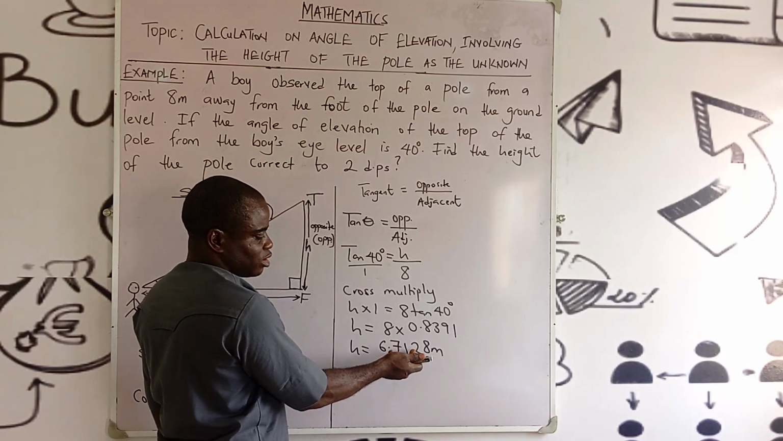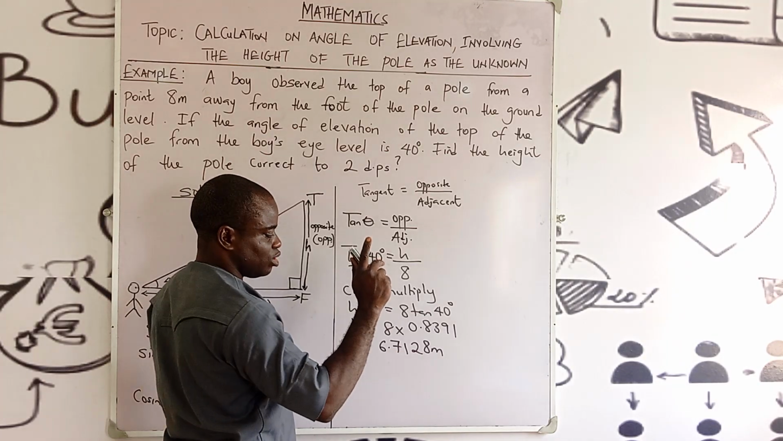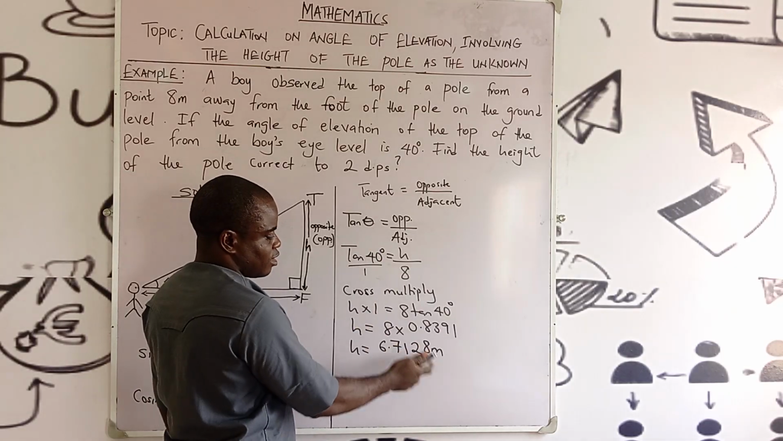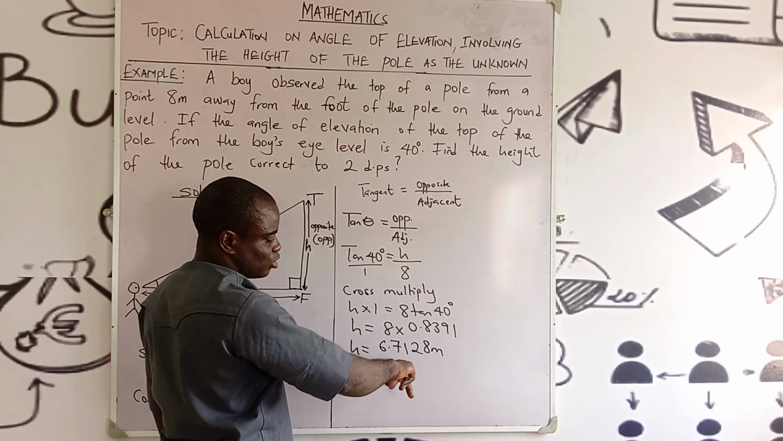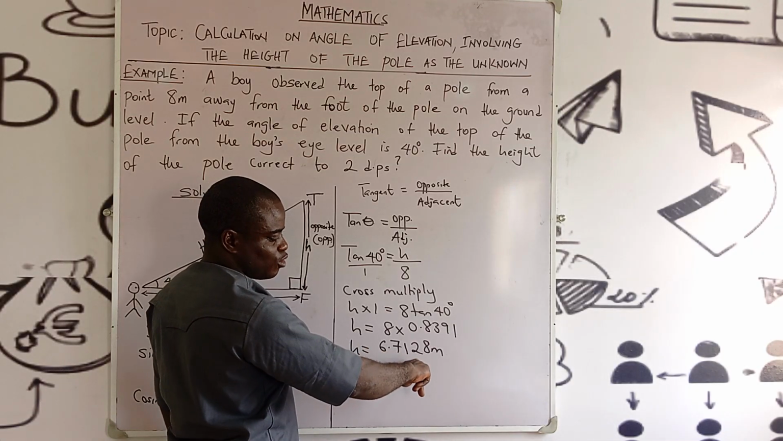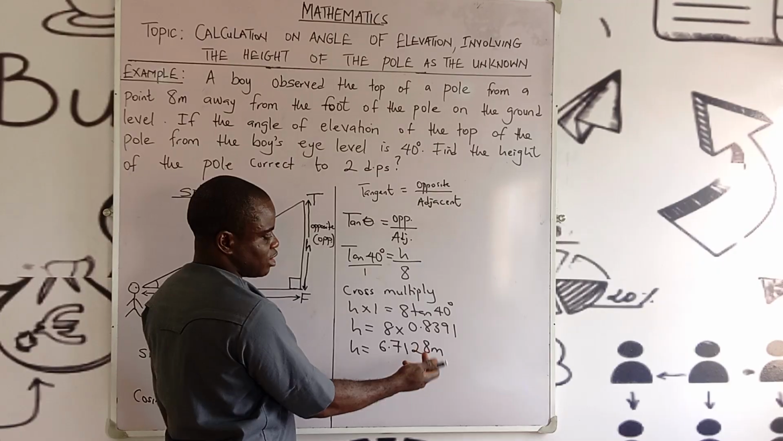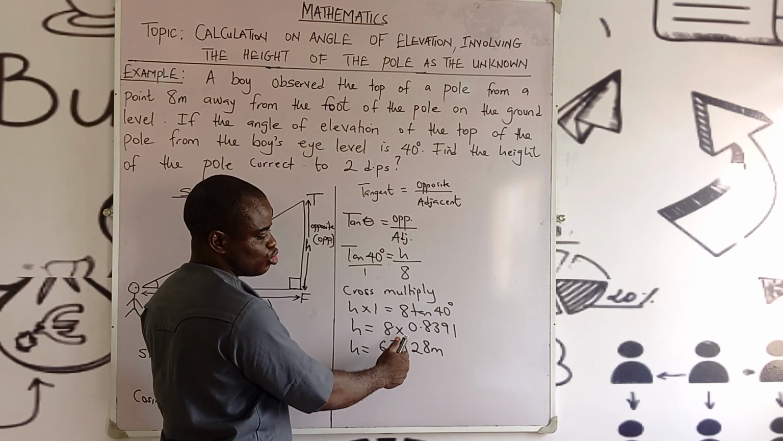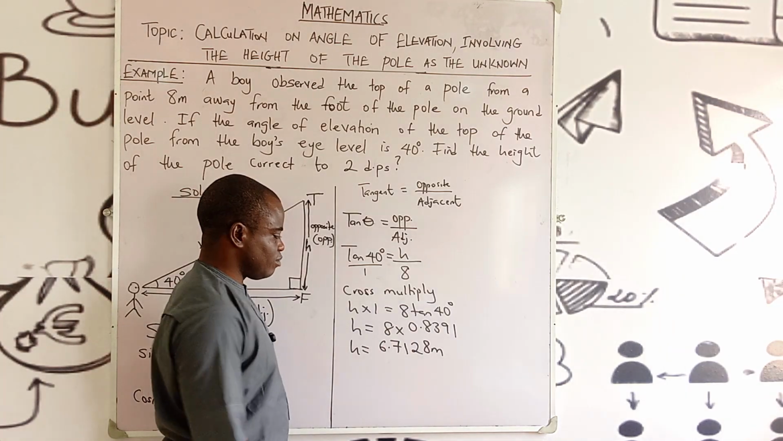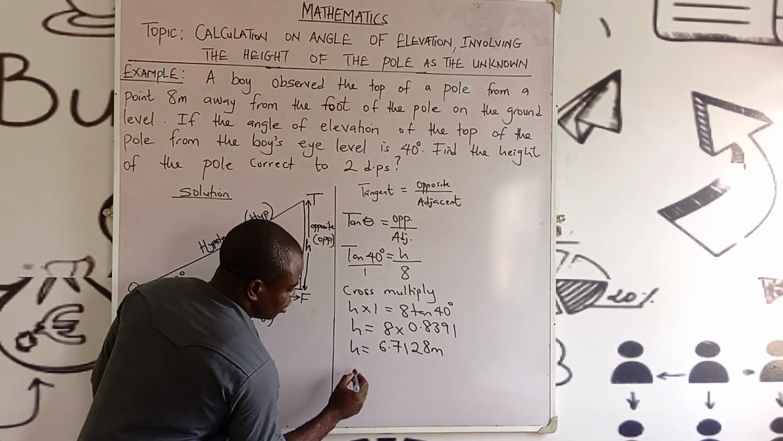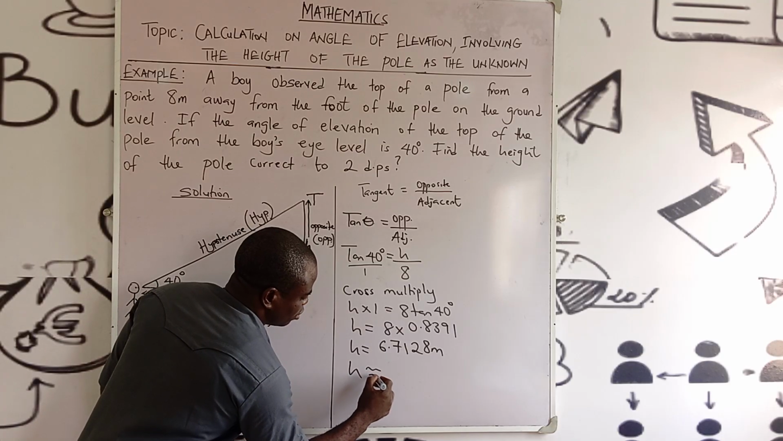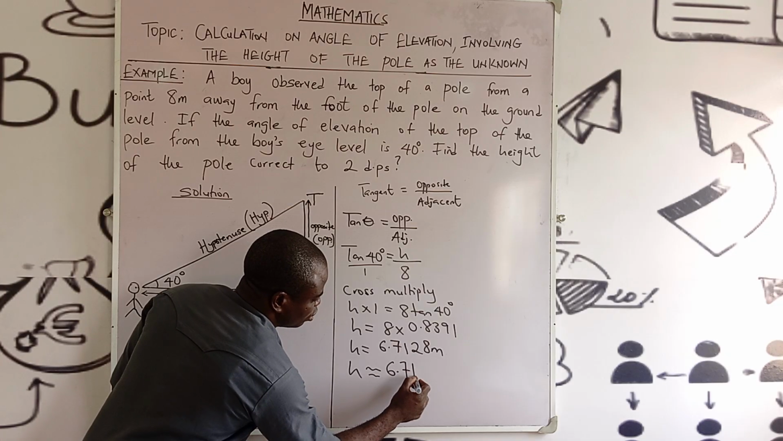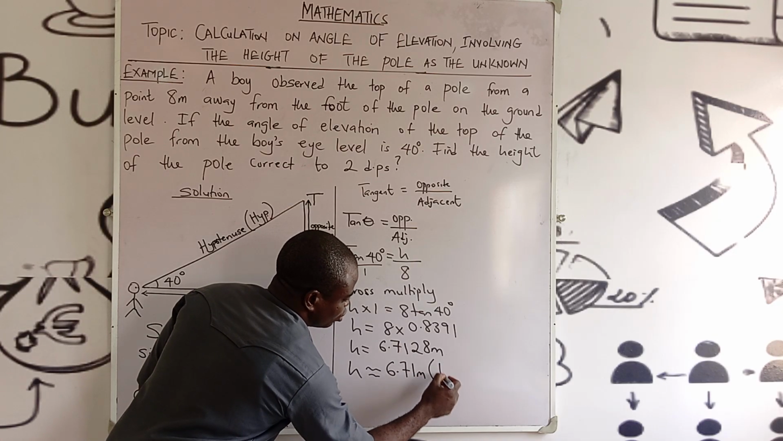But had it been that it is up to 5, you take it as 1. You round this number up when it's up to 5, round it up to 1, and add it to the number before that number. Let me say this 2 is 5 now. Take it as 1, add it to this one, it will be 6.72 to 2 decimal places. But since it's not up to 5, we say h, which is the height of the pole, is approximately equal to 6.71 meters to 2